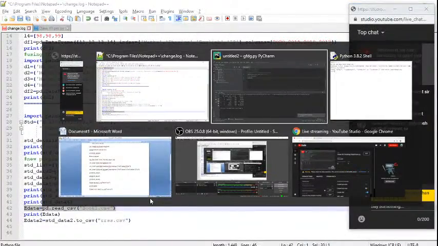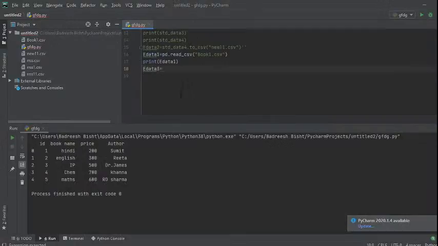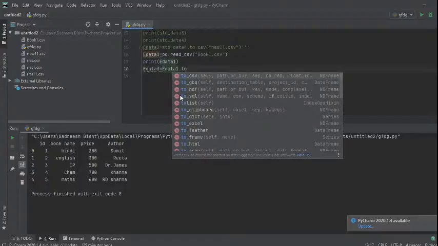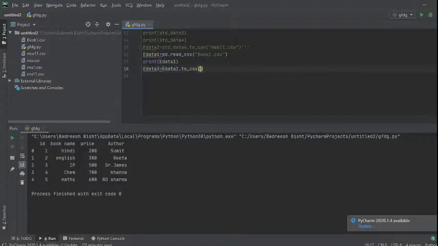That is my Python console, this one, edata1 printed, then edata1 dot. See, the command is getting highlighted here automatically, edata1.to_csv, then the path separator if you want. So we are just going with this one.